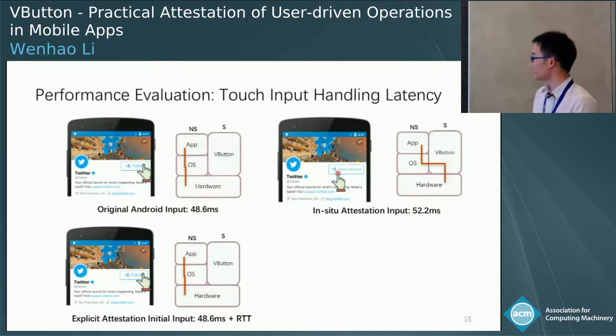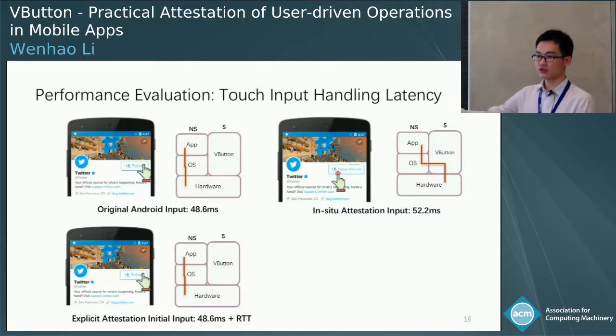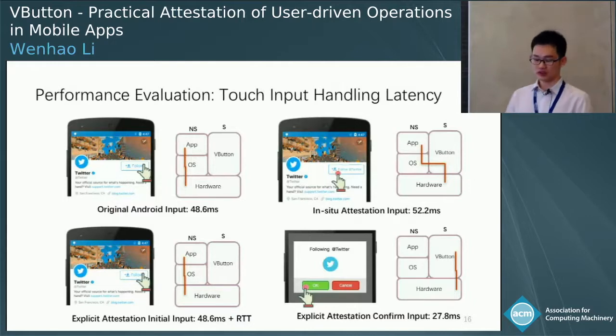The first click is to initiate the operation. The time consists of the original Android input and the round trip time going to the server to fetch the preview of the operation. And for the second confirm input click, because the click goes directly from the hardware to the VButton manager and is consumed by the manager itself, the latency is very small, much smaller than the original Android input. So overall, the touch input handling latency introduced by VButton is very small.